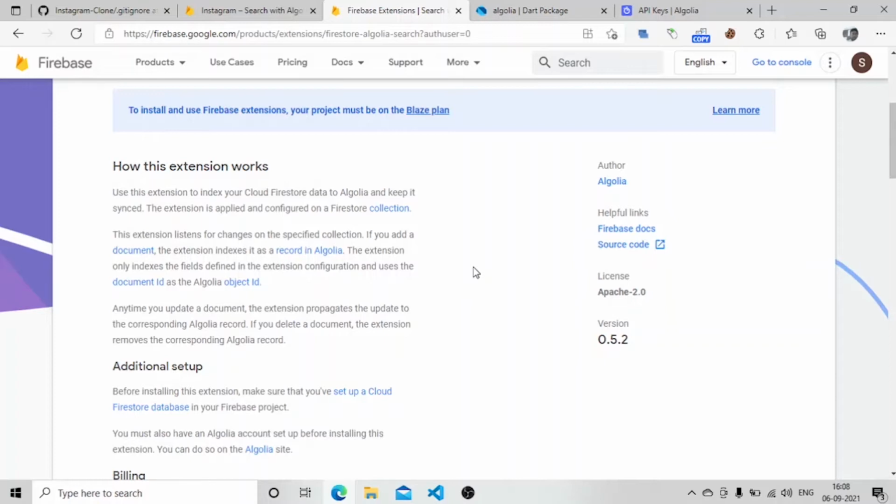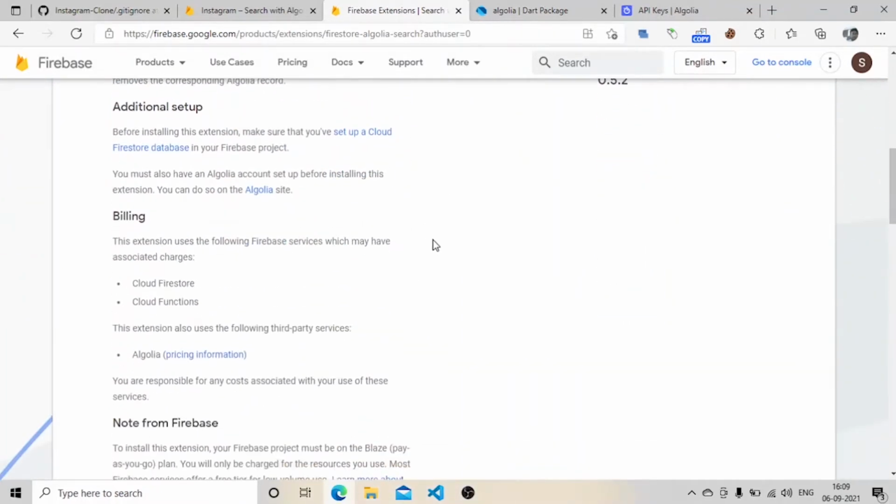If you want to implement this search, you must have an Algolia application and install this extension in your Firebase project. All the CRUD operations performed inside the collection of users will automatically be performed inside your Algolia also. This is the main point to be noted.